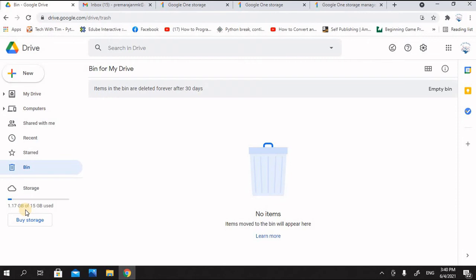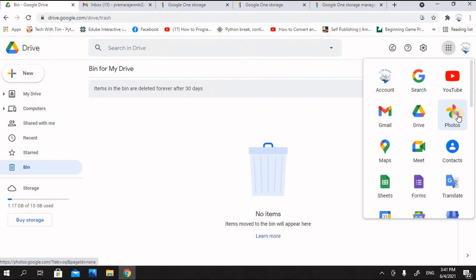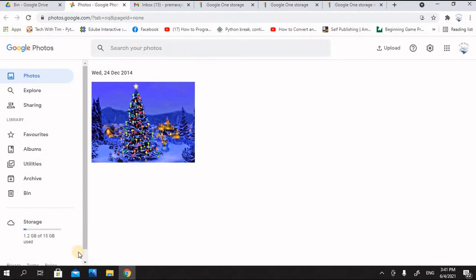So like that, I can review and delete the items in the bin, unwanted files in the drive, remove the files which are no more required. My Google Photos, I have not uploaded any file, so there is no problem. This as well is the aggregate usage position, 1.2 GB out of 15 GB. If I had photos uploaded, I could have reviewed to decide which photos to keep and optimize space use. It also gives a list of large files in the drive.